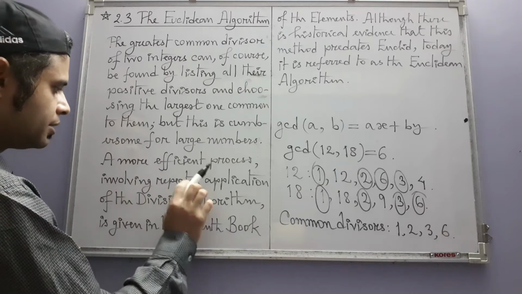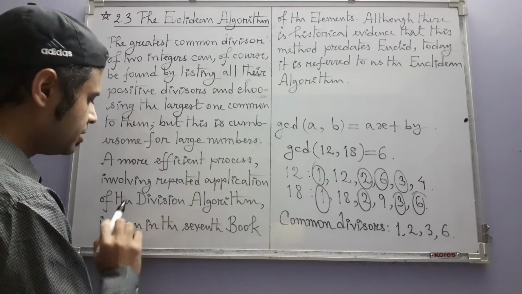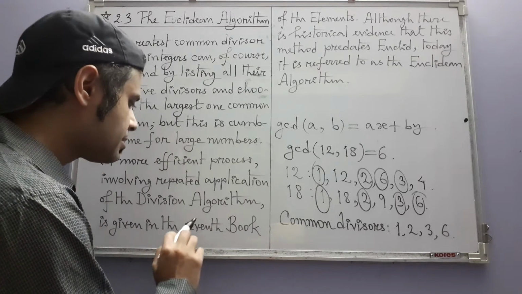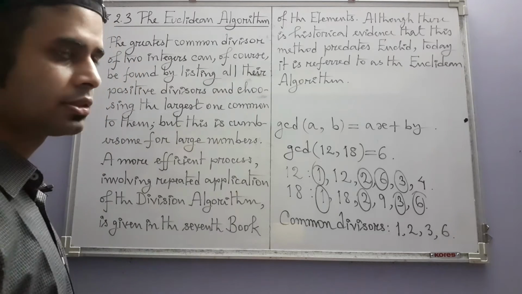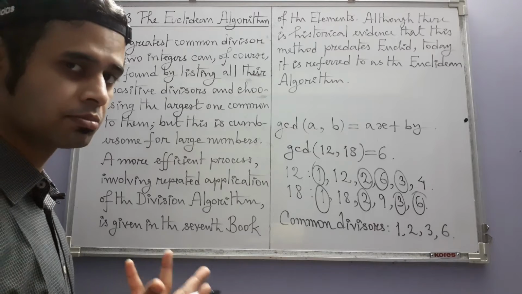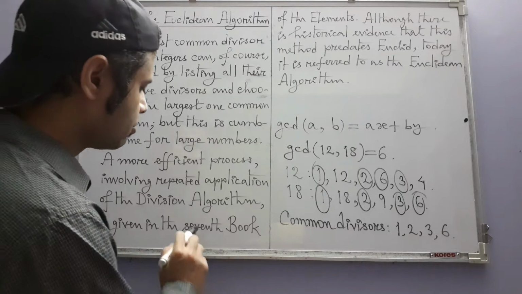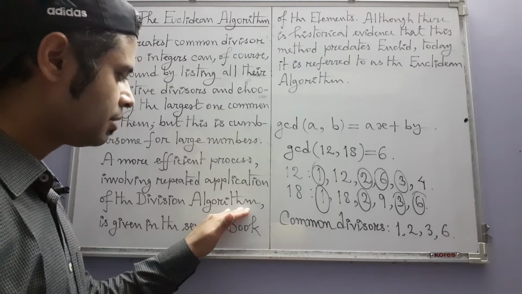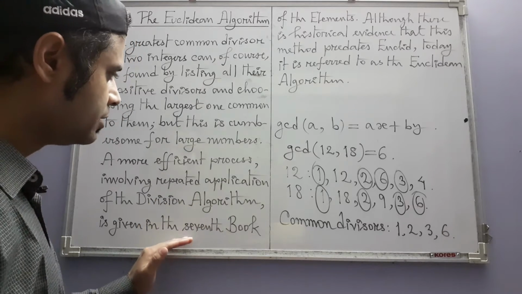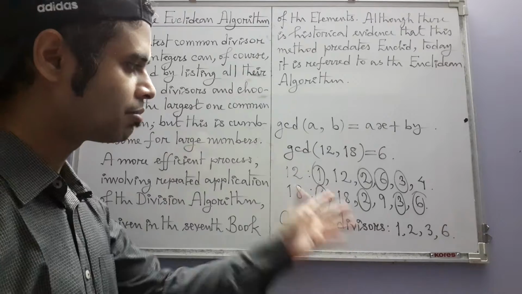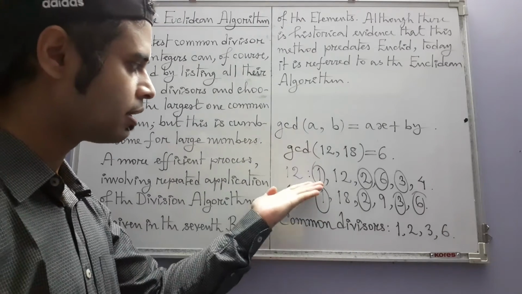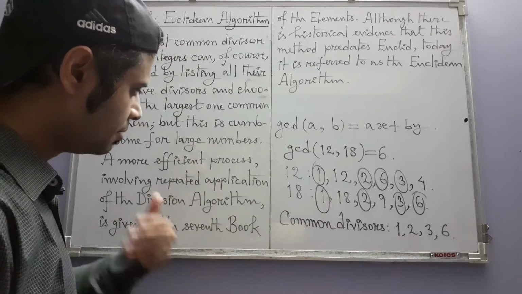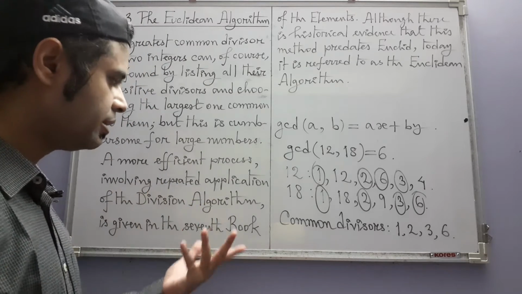A more efficient process involving repeated application of the division algorithm is given in the 7th book of the Elements. Euclid wrote the book Elements. So in the 7th book of the Elements, an algorithm has been found which bypasses this cumbersome process of actually literally applying the definition and finding the GCD by repeatedly applying the ordinary division